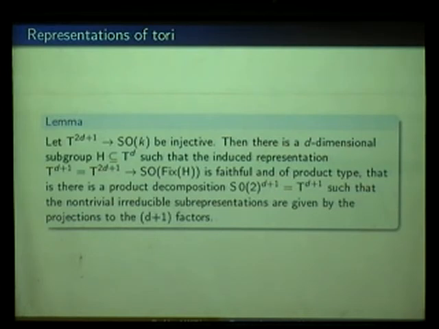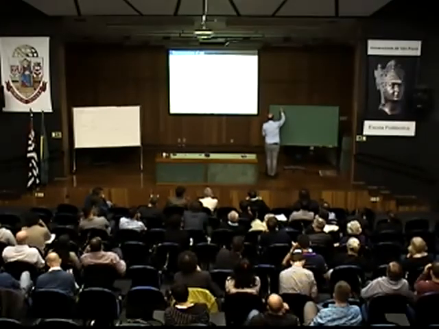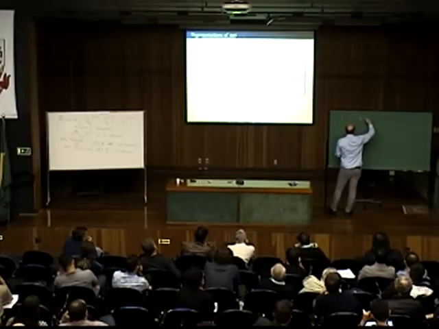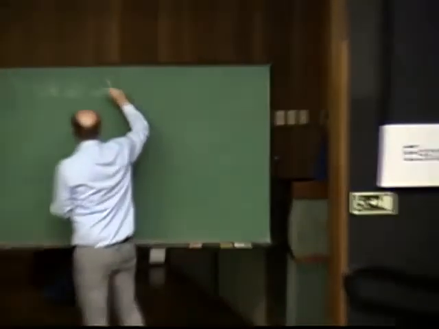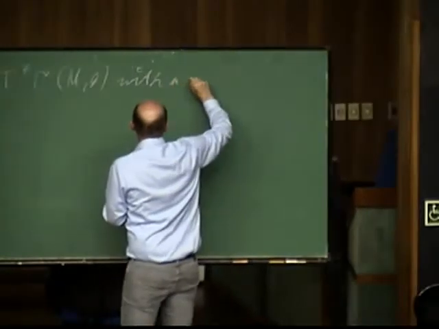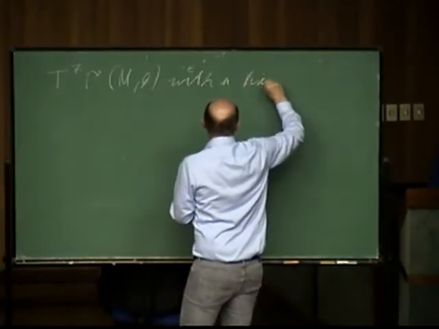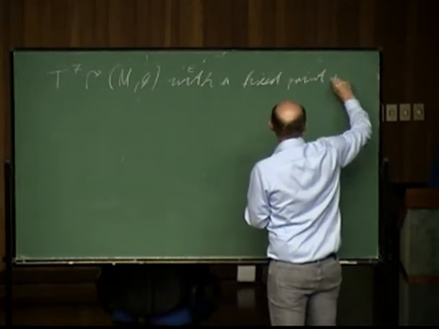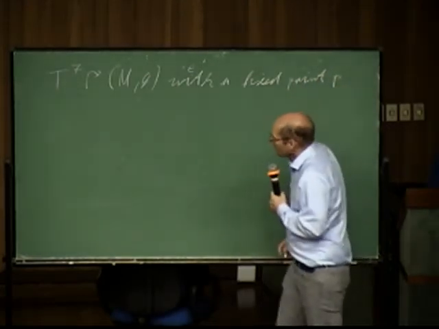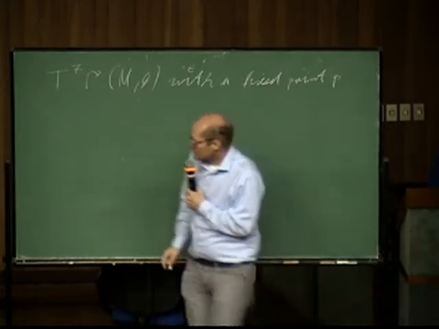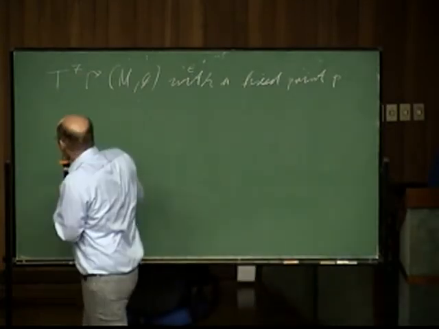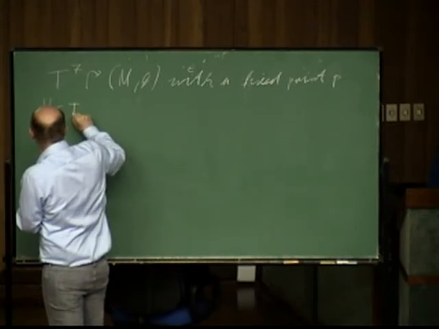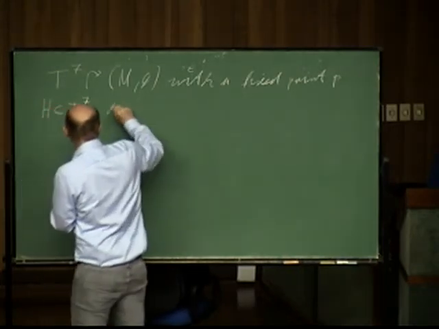So we suppose we have a 7-torus acting on our manifold with a fixed point P. And of course the action is always assumed to be effective. And we apply this lemma, so there exists H. H is not necessarily connected, right? But the dimension of H is